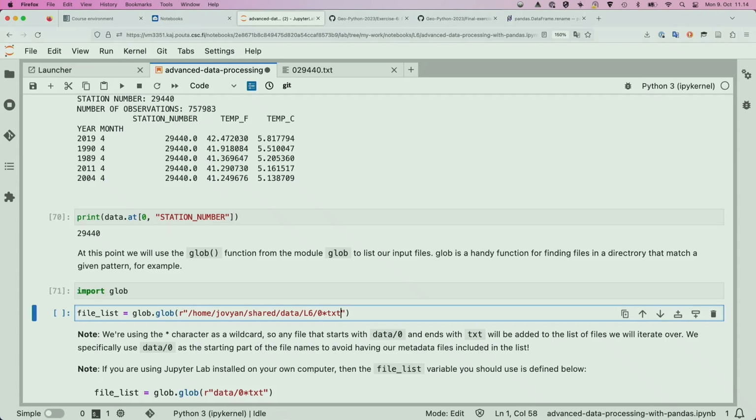This might look a little bit alien, but what we're doing here is we're giving the location, which is the absolute file path to our data files in this lesson, L6. We're giving this as a raw character string, which is why the r is out in front. There's reasons for this we don't need to get too tied up in, but some characters like slashes are sometimes treated as a special character. Star is also one that's treated as a special character and can do different things. So we're using a raw string here, which will just take this exactly as typed in rather than trying to make the star do something special. But this will match any file that's in this shared data L6 directory that starts with the character 0 and ends in